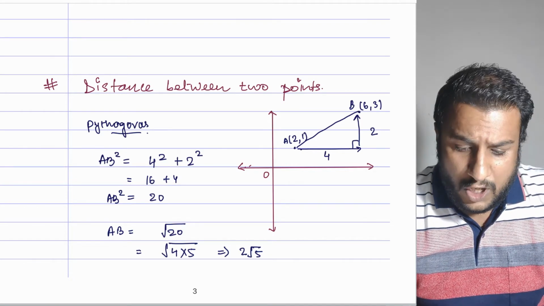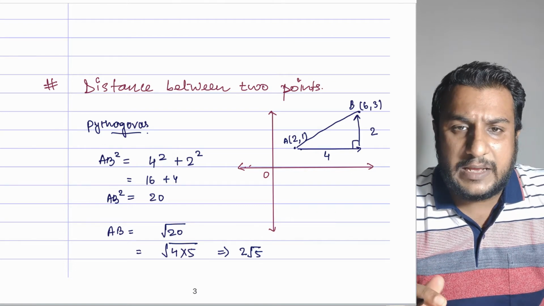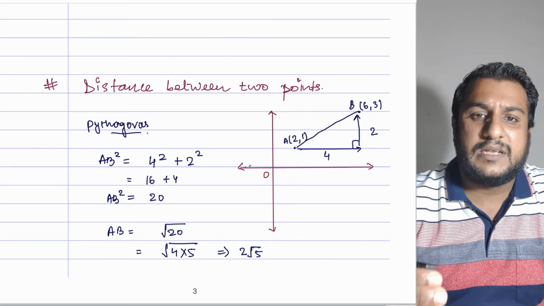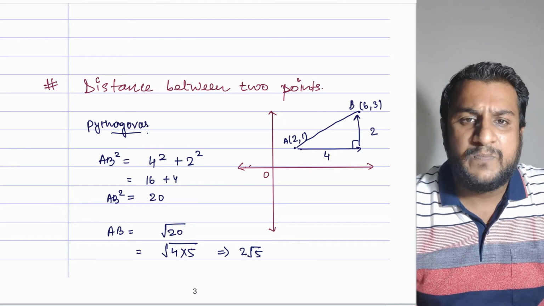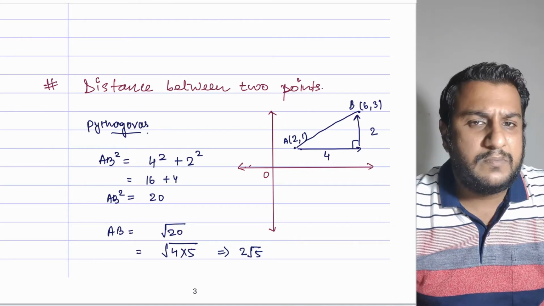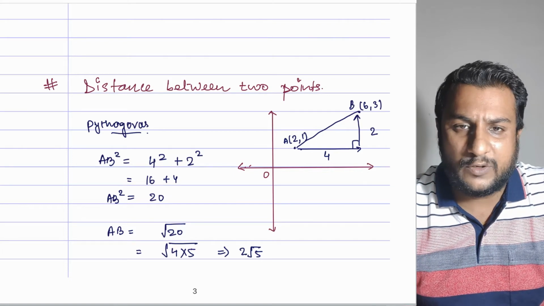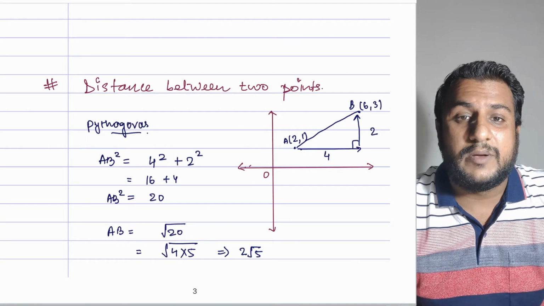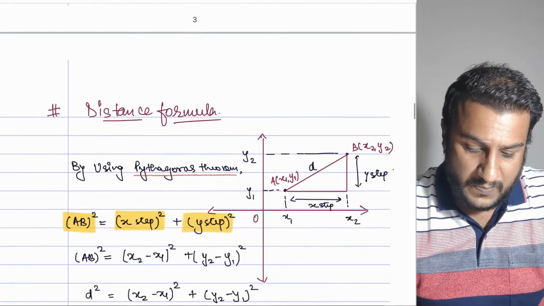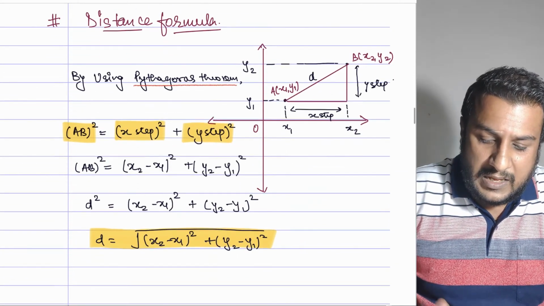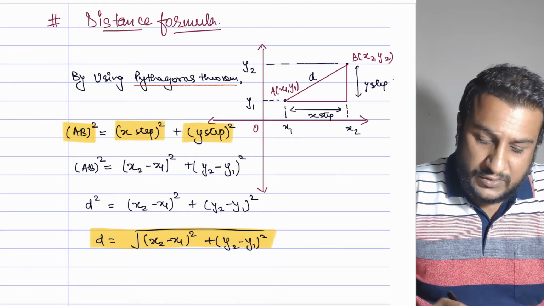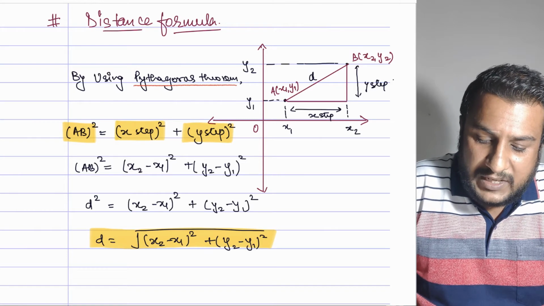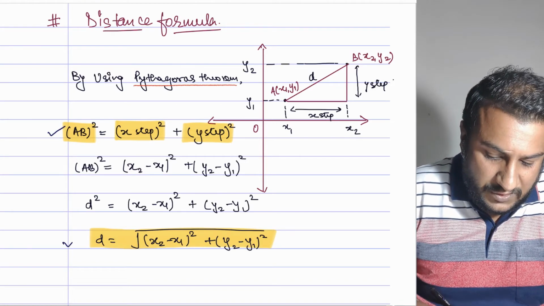Okay. So always remember your horizontal step, how many steps you move in horizontal axis, and your vertical step, how many steps you move vertically. So if you square them, add them up, you can easily find out distance between any 2 points. Now if this idea is clear to you, you don't need to remember the formula, you can easily work it out. So this is the formula. Now the distance formula using Pythagoras theorem, as we have already discussed, your x step, y step, distance. Now this gives you the formula.